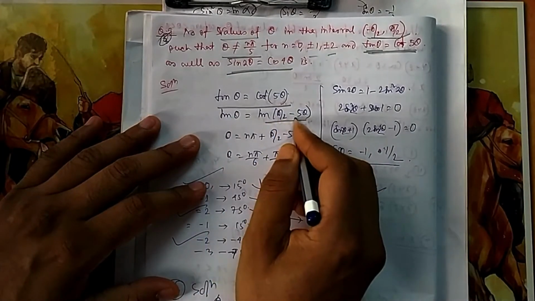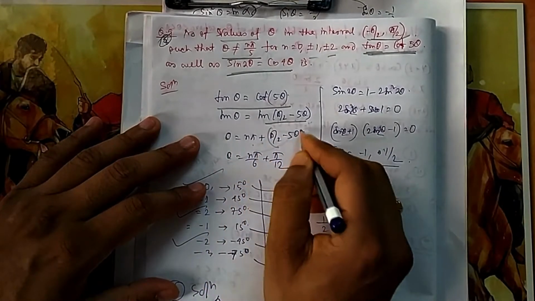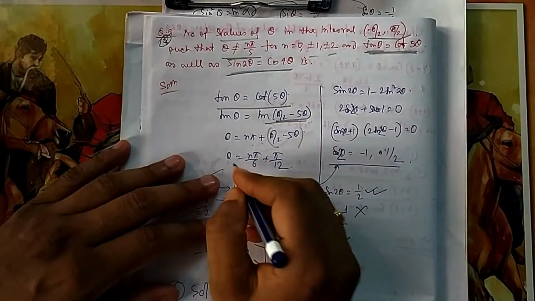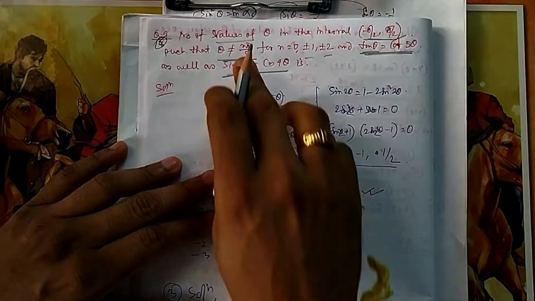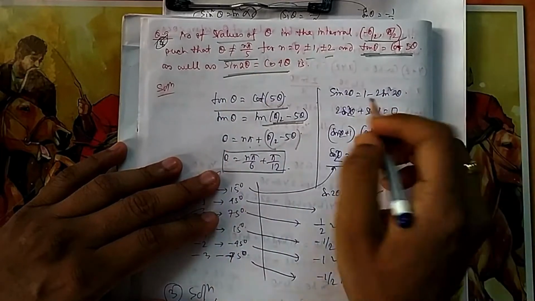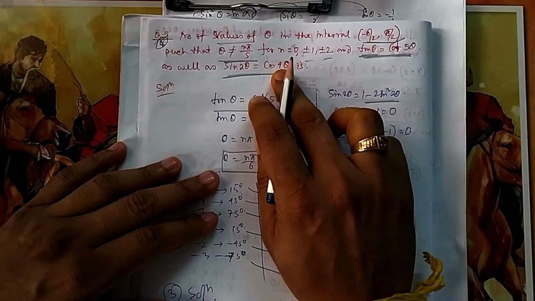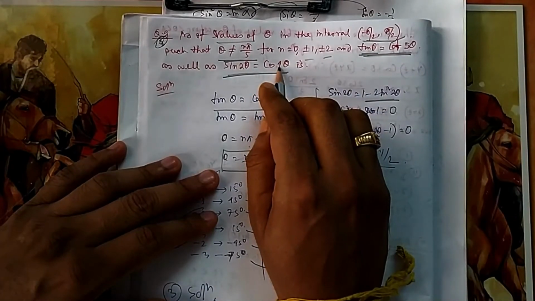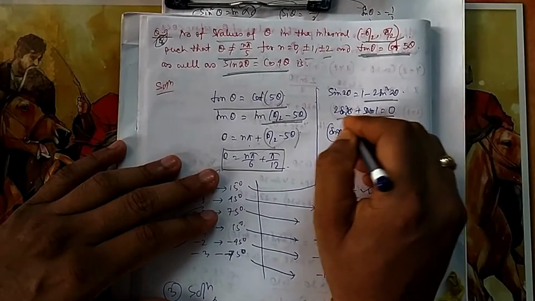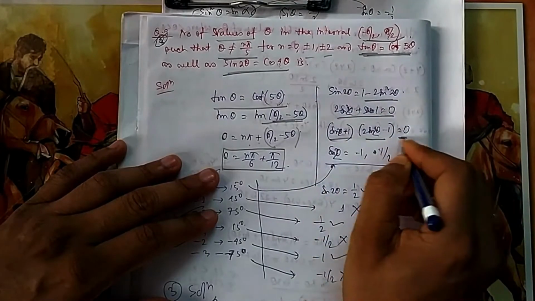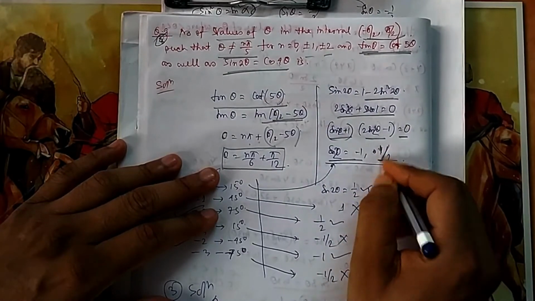It is tan theta equal to tan alpha, but you can apply theta equal to n pi plus alpha. This becomes my alpha here. So from here theta is something of this format. Keep my theta as it is because it should satisfy the second equation also. So second equation, cos 4 theta we can write in terms of sin 2 theta, because cos 2 theta is 1 minus 2 sin square theta. So if it is 4 theta, it will be 2 theta. So it will be a quadratic of sin 2 theta, and if you solve it, you will find these two equations. One is sin 2 theta equal to minus 1, one is sin 2 theta equal to half.